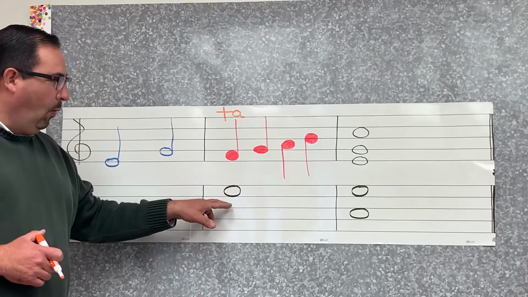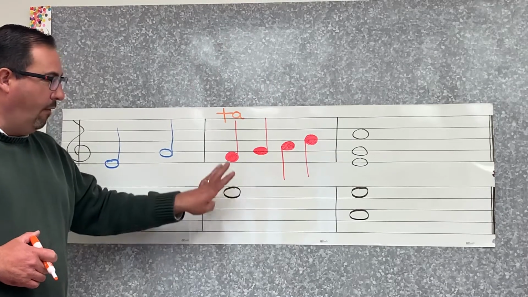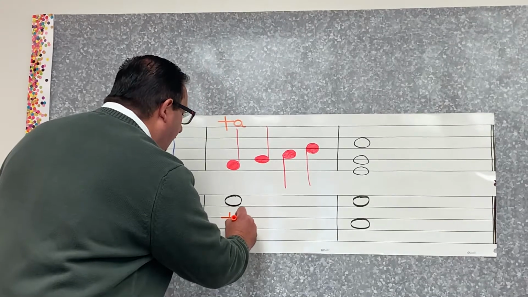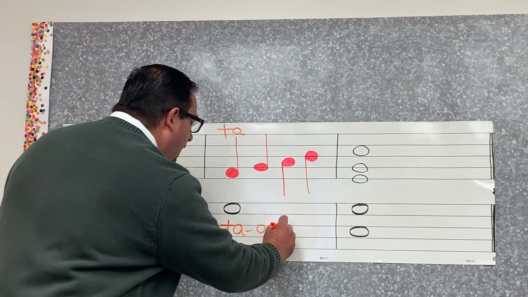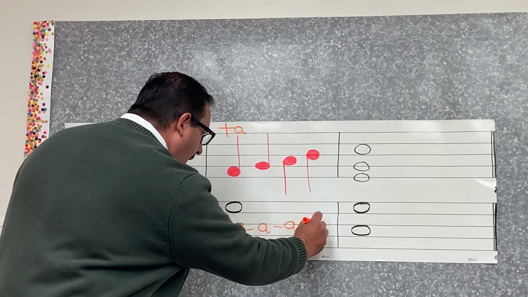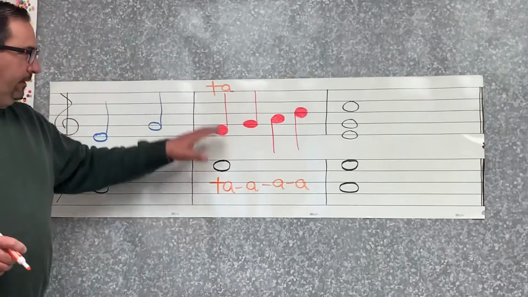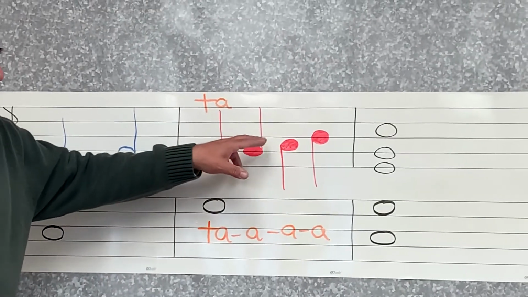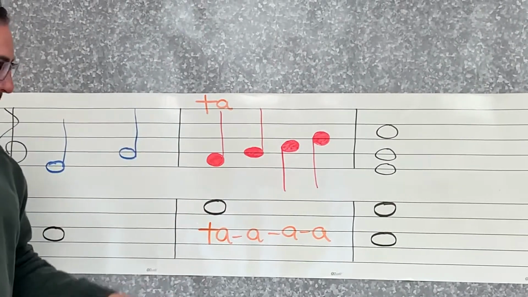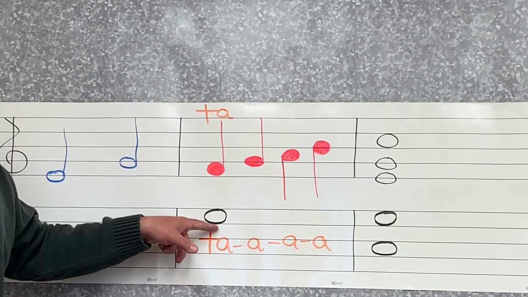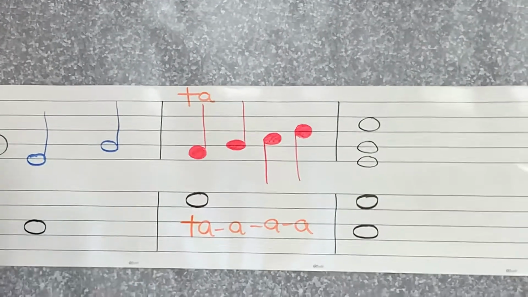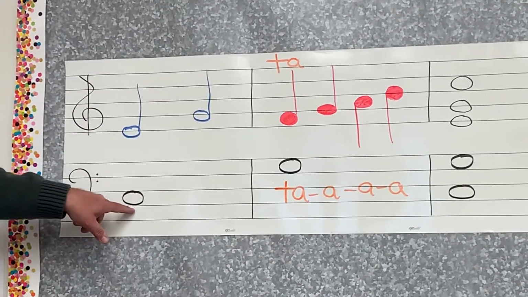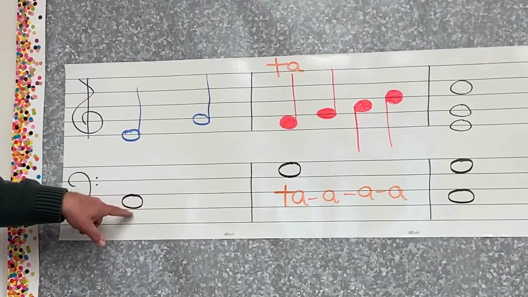And we know that that 1 note is going to get 4 beats. So it is ta, ah, ah, ah. 4 beats, the same value as 4 ta in the treble clef. This is a whole note. It is 4 beats. And when we come back now to our first measure, we see another whole note, ta,